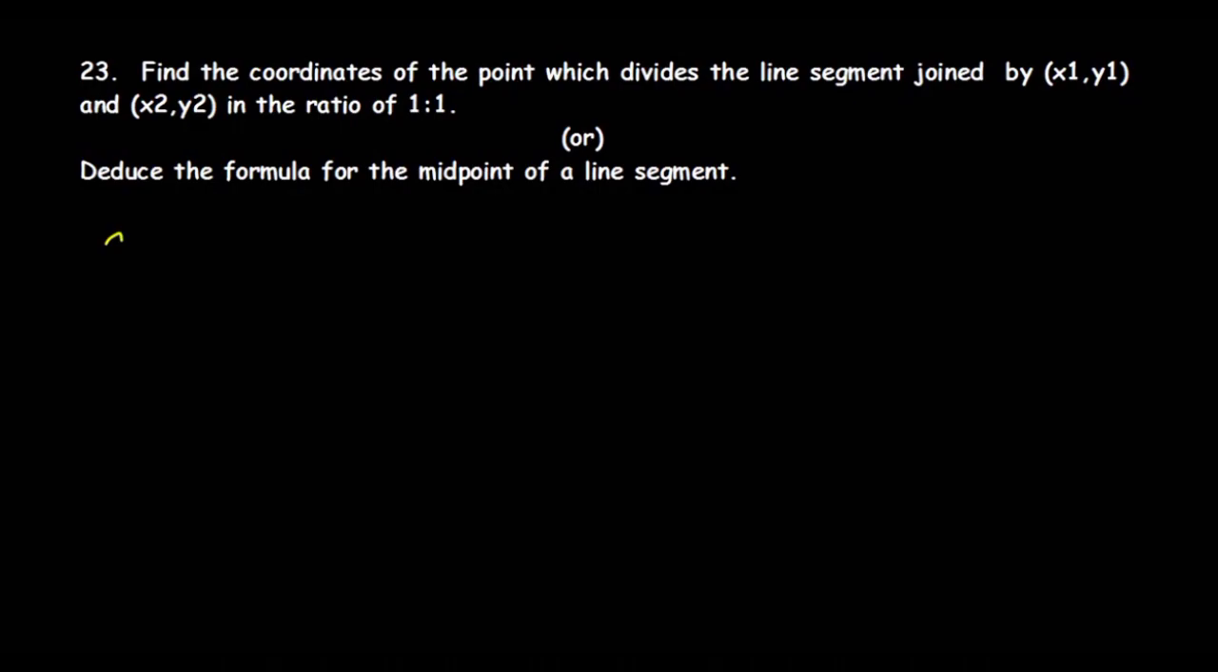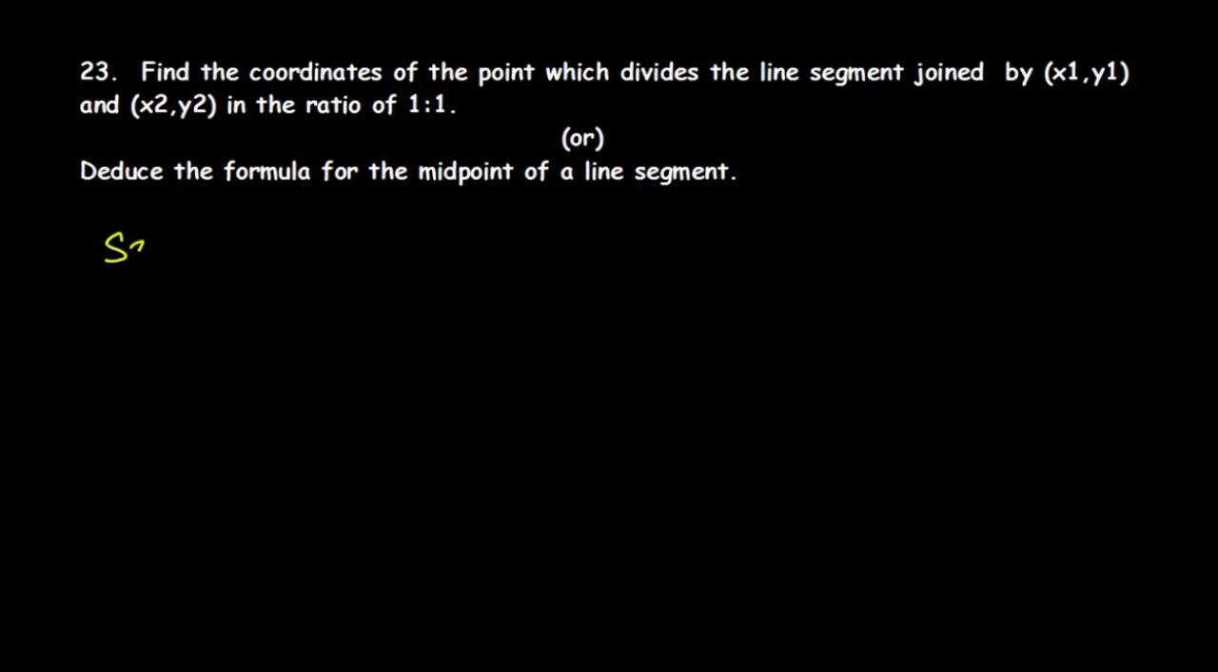Find the coordinates of the point which divides the line segment joining x1 y1 and x2 y2 in the ratio 1:1. Or here another question, the same: deduce the formula for the midpoint of the line segment. It's very simple. So you know very well what the section formula is. The section formula is